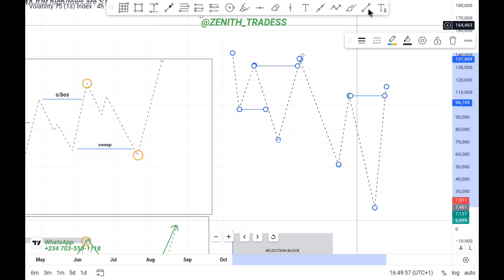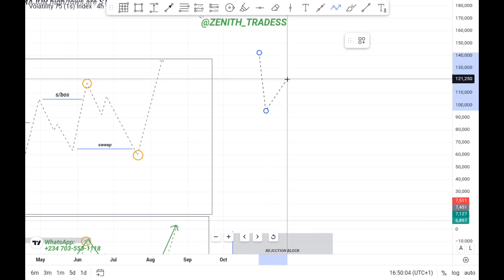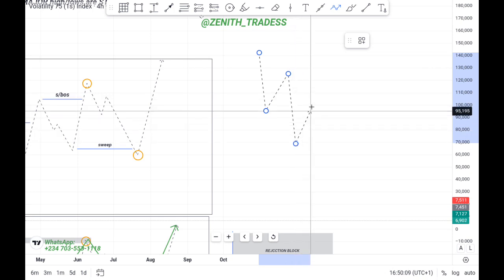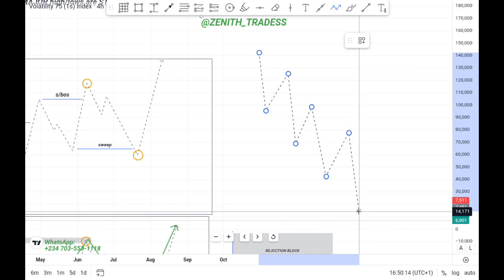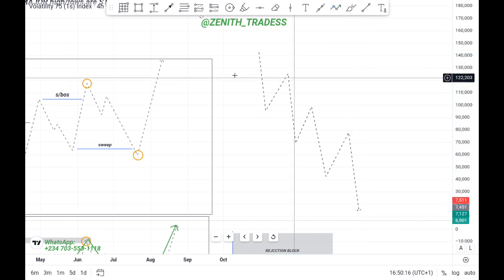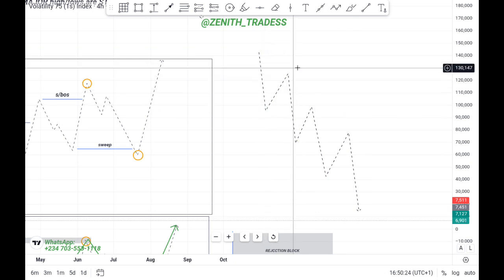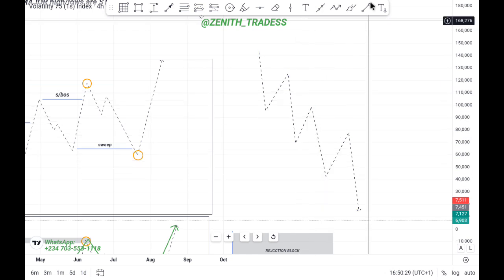if price is bearish, now price is moving from a high, creating high, low, lower high, lower low, lower high. Notice the basic market structure that everybody knows. So here the price objective is to come back, take out the internal range liquidity, come for the external, go take the internal again, come for the external. So the price objective I'm talking about, you should understand from the higher time frame,